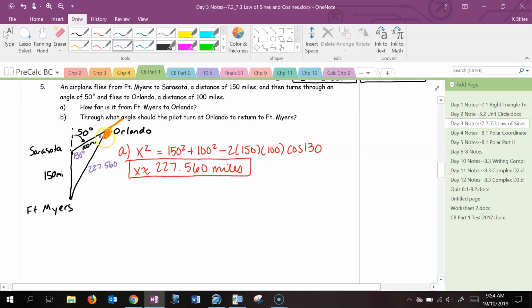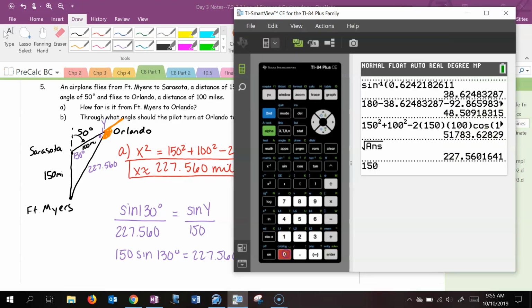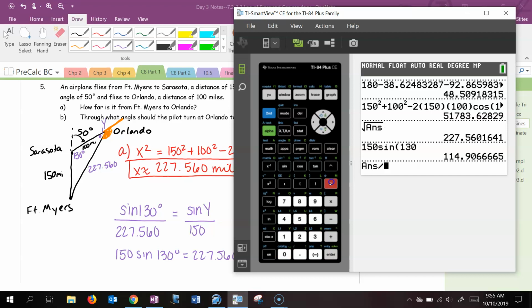Okay, so I'm going to just call this angle y. So I have sine of 130 over this 227.560, and that's going to be equal to sine of y over its matching side, which is 150, and I'm going to cross multiply. 150 sine 130 divided by this,